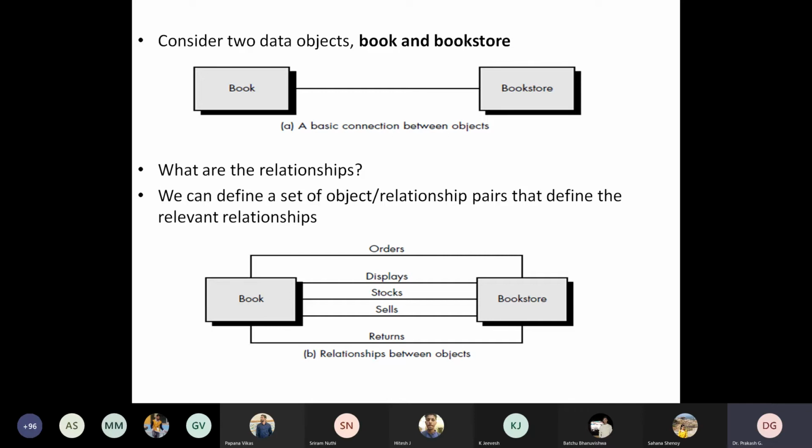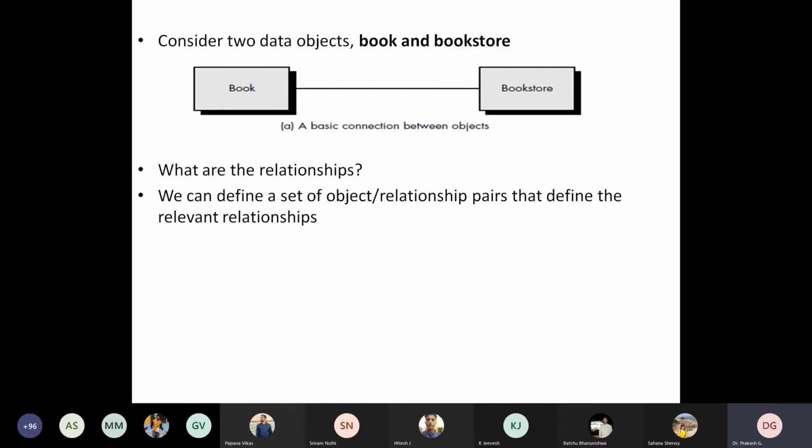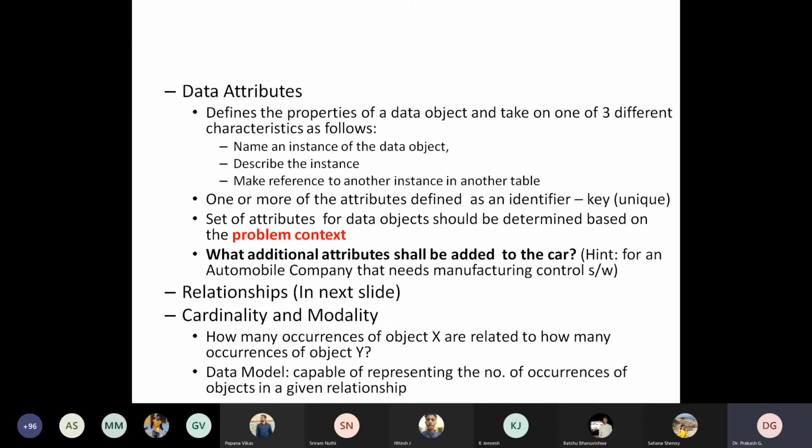How can we relate the data objects? By means of relationships. So what are all the relationships that you can establish? That also you have to know. Once you are done with the relationships, you go to the next step, the cardinality and modality.